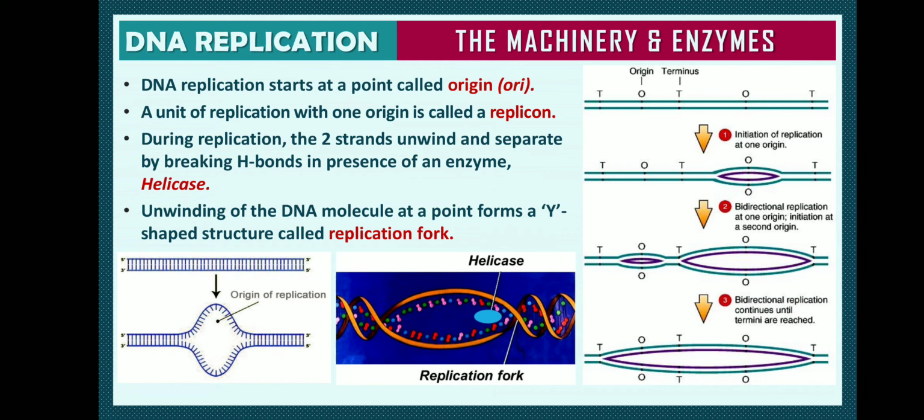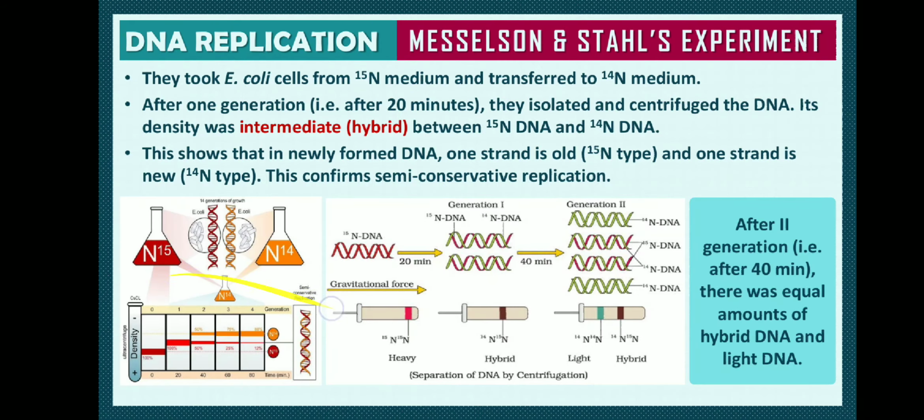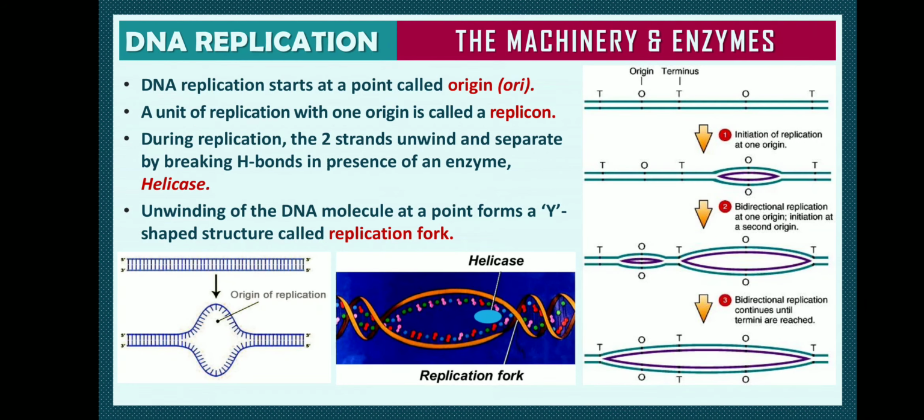For example, the helicase helps in unwinding and breaking the double-stranded DNA into single-stranded DNA. As soon as it forms single-stranded DNA, there are proteins called single-stranded binding proteins. They come and bind to the single-stranded DNA and do not allow it to base pair again and form a double-stranded DNA. So until that part of the DNA is copied, the single-stranded binding proteins stay attached there and do not allow it to form a double strand.